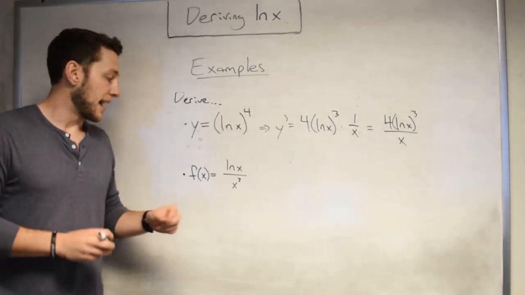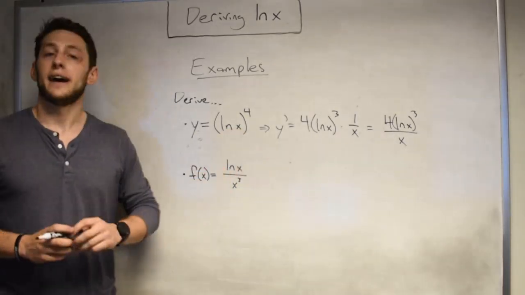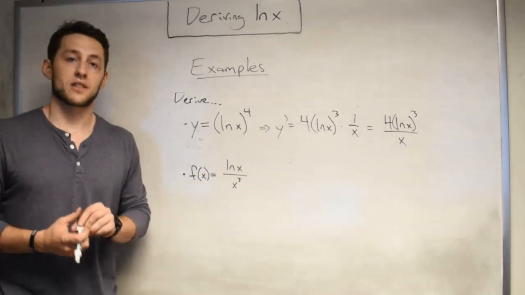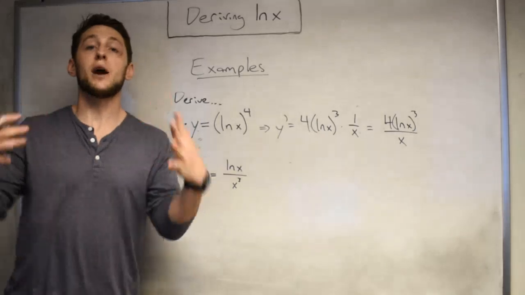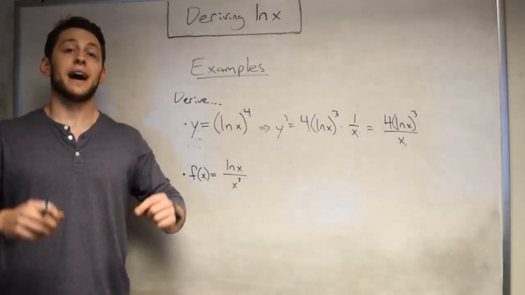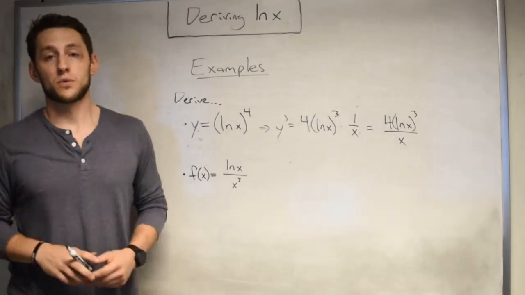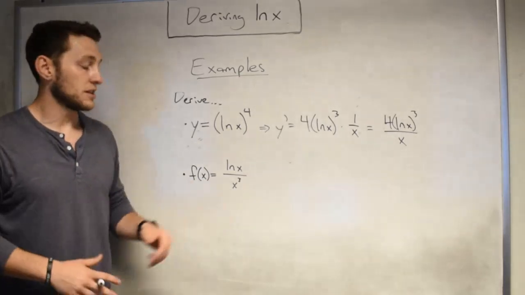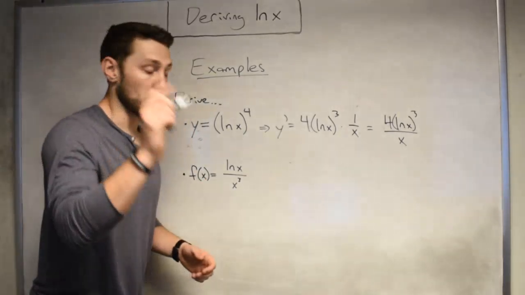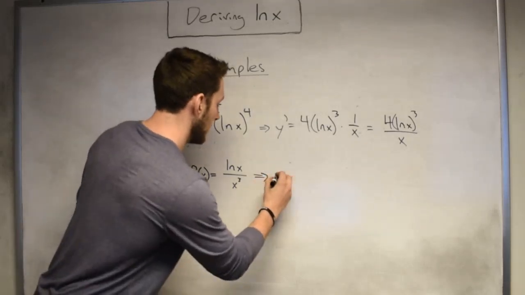f of x equals natural log of x divided by x cubed. In this case, the division is on the outside of the logarithm, so I cannot make that subtraction. Therefore, I have to lean on a previous rule that we've learned. In this case, division leads to chain rule, or excuse me, quotient rule. So therefore,